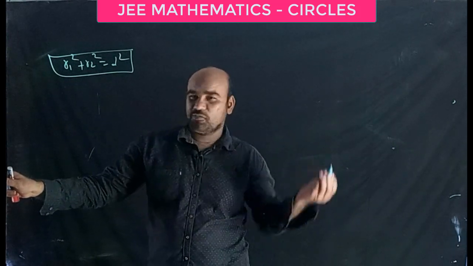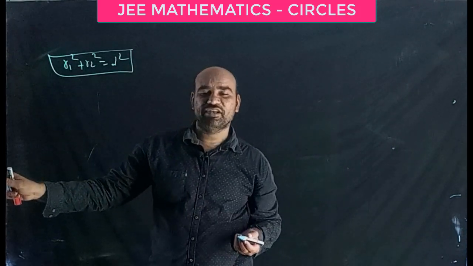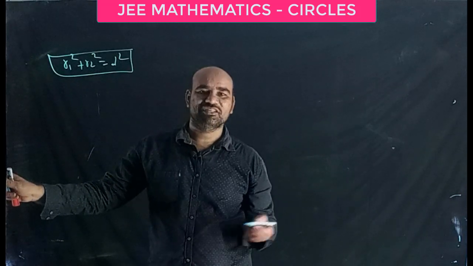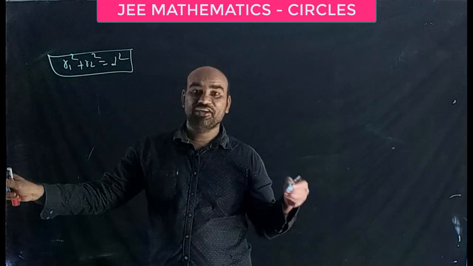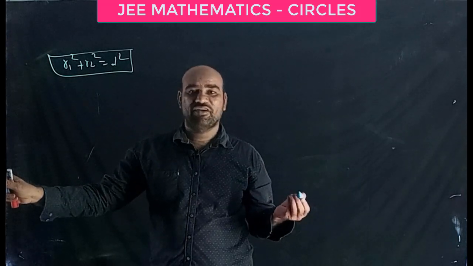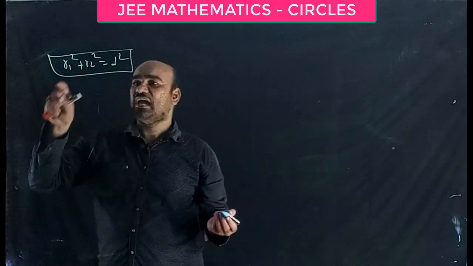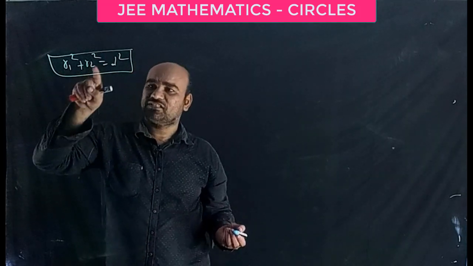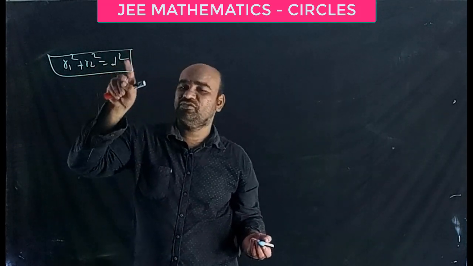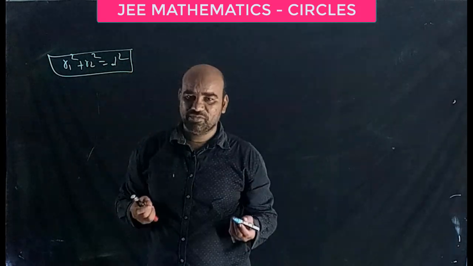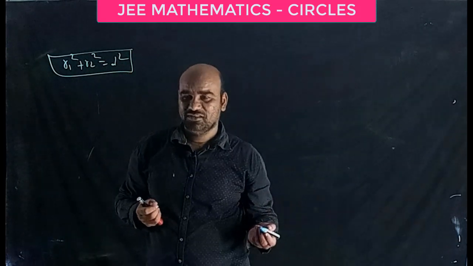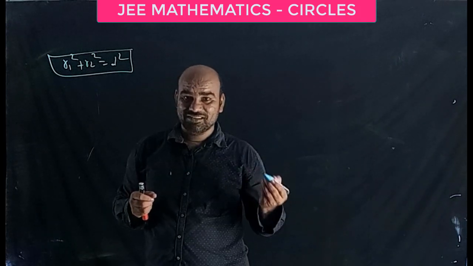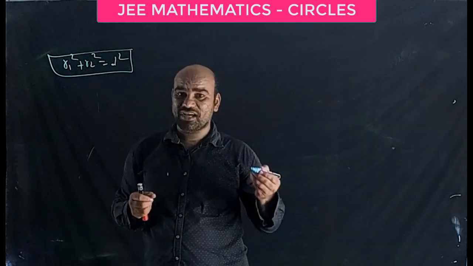Sometimes they will ask problems like this: x square plus y square plus 2x plus 2y plus 3 equals 0, and x square plus y square plus 7x plus ky plus 9 equals 0 are orthogonal, then find the value of k. Actually, what should we do? You need to find the radius of the first circle, the radius of the second circle, and the distance between their centers. It becomes difficult and time-consuming. So that's why we want to find the relationship between g, f, c and g dash, f dash, c dash.